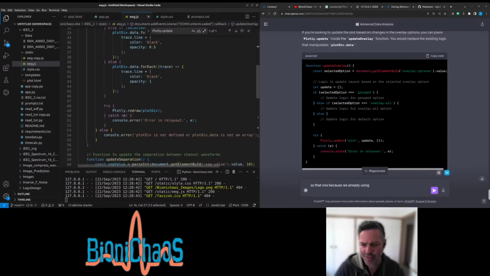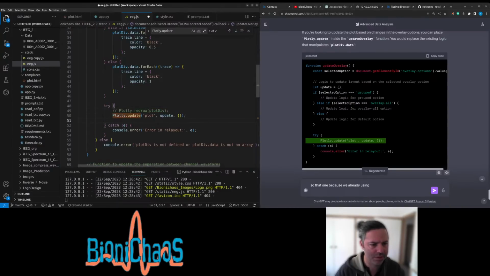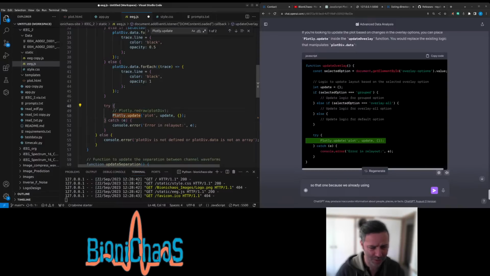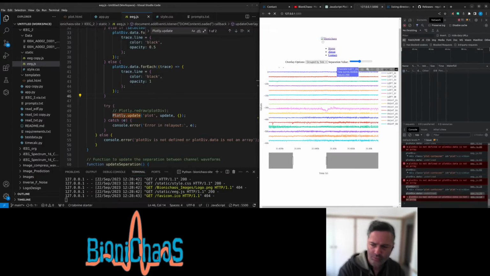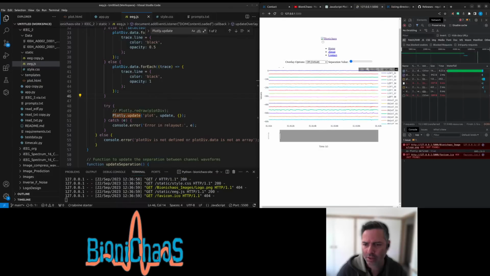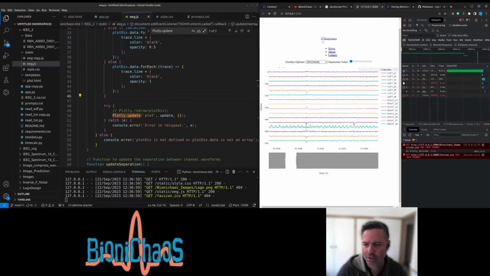Right, so currently we're using functions, you would redraw, construct the update object, and suggesting to use a Plotly update. I'm not sure why the redraw doesn't work, but something to do with Plotly compatibility, potentially versioning. Let's reload this. It's working.